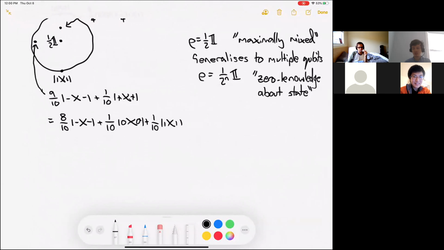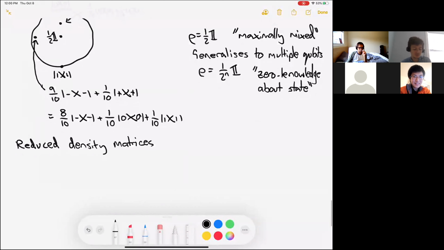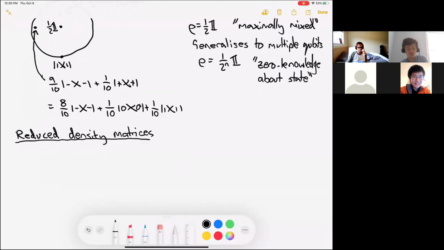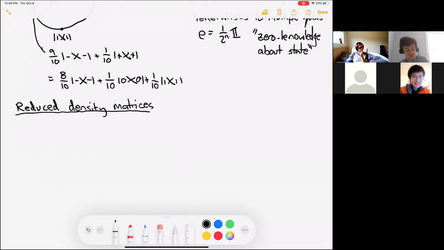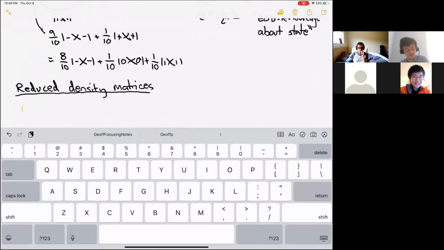But yeah, the thing I'm going to talk about for the rest of this lecture is what's called reduced density matrices. And the lesson is going to be that even if you just think you're talking about pure states, even if you think there's no classical probabilities showing up, once you start trying to talk about the state of a subsystem rather than the state of the entire global system, then you inevitably find yourself talking about density matrices. Okay, so hopefully that will make more sense in a minute.